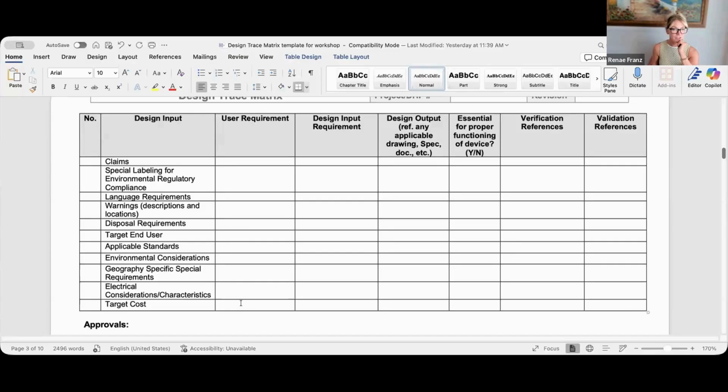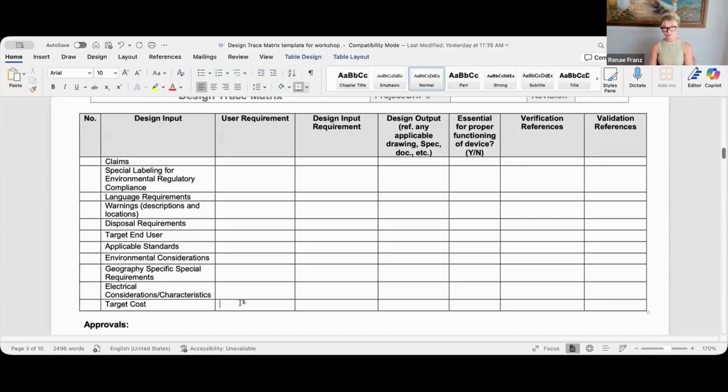Electrical considerations, we talked about that, and target cost. I touched on that with the blood sealer example that I used. I cannot emphasize this one enough. You really need to understand upfront what you want your target cost to be, because you don't want to outprice yourself from the market. And if you allow, in most cases, engineers just free reign to design whatever they want, and this is nothing against engineers, but it's just sort of like being a kid in a candy shop. They're going to make the best widget, and it might end up being really expensive,